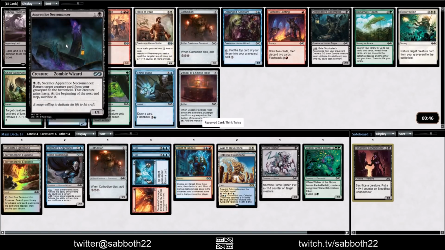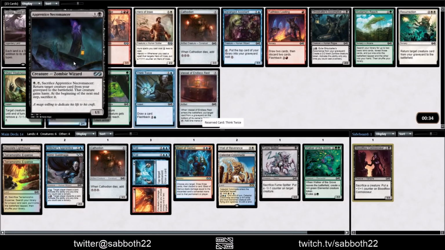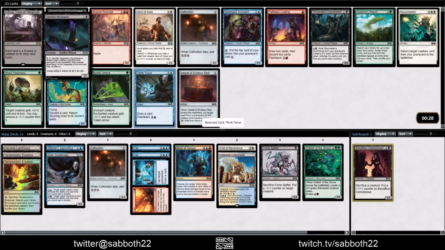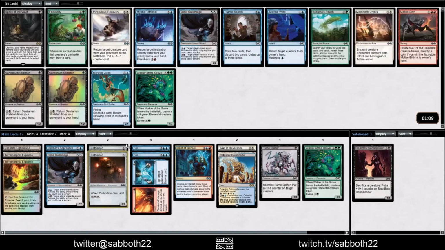What is this thing? Apprentice Necromancer. Reanimate a creature from your graveyard. But it's just for 1 turn. So you really need a good payoff for it. And then you sacrifice it at your end step. So you could keep doing this if you had multiple Necromancers or something. I might just take this Cathodion. 3/3. Resurrection also helps get stuff back, but